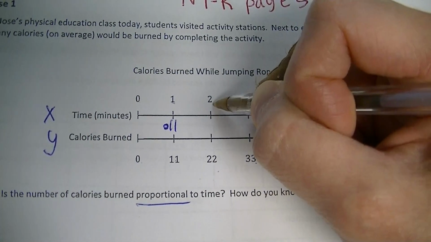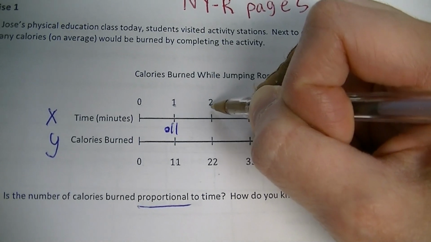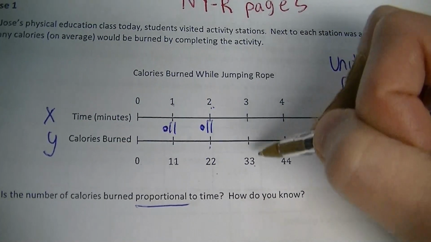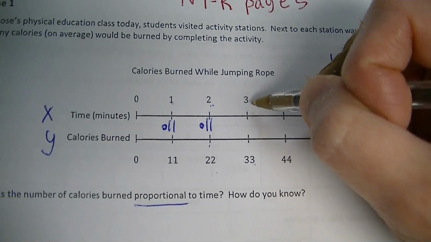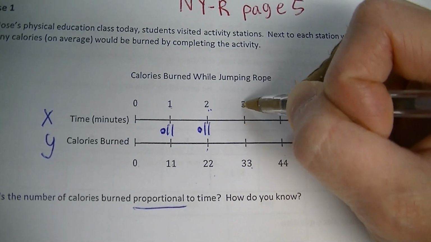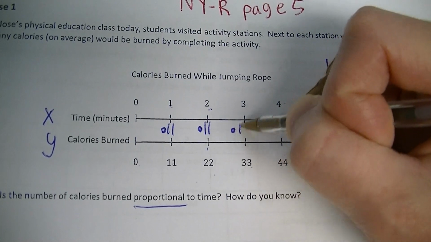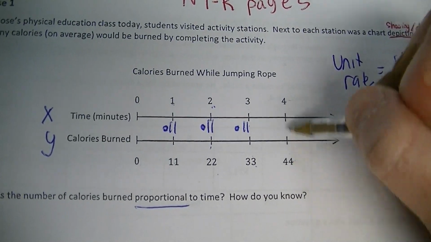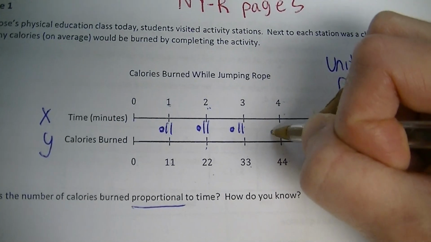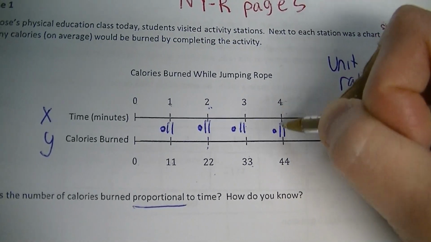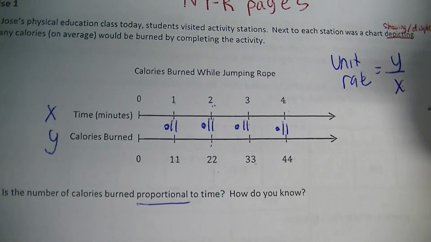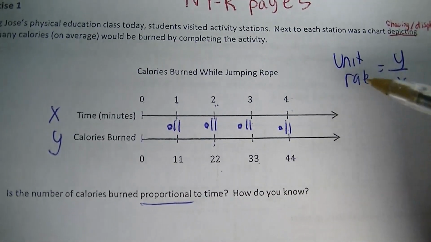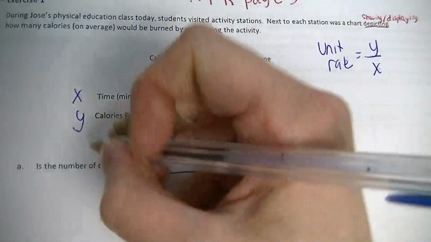So 22 divided by 2, well, that's 11. So to go from X to Y, I just multiplied X by 11. 33 divided by 3 was 11, so I multiplied that X value times 11, so 3 times 11 to get 33. And then 44 divided by 4 is 11, so I multiplied this X value by 11 to get 44. So because I have the same exact unit rate right here, I know that this is a proportional relationship. So I would say yes,